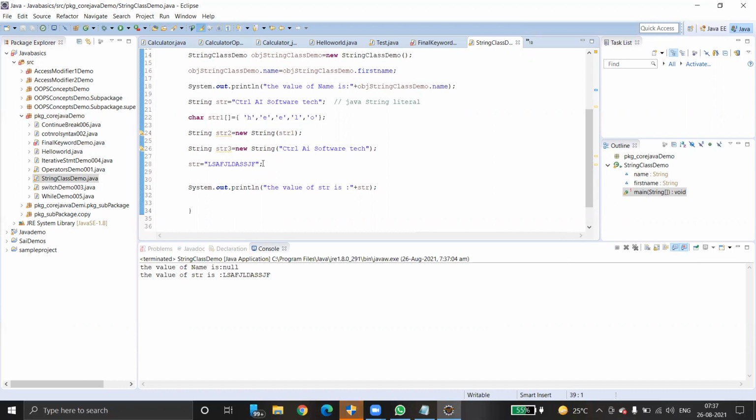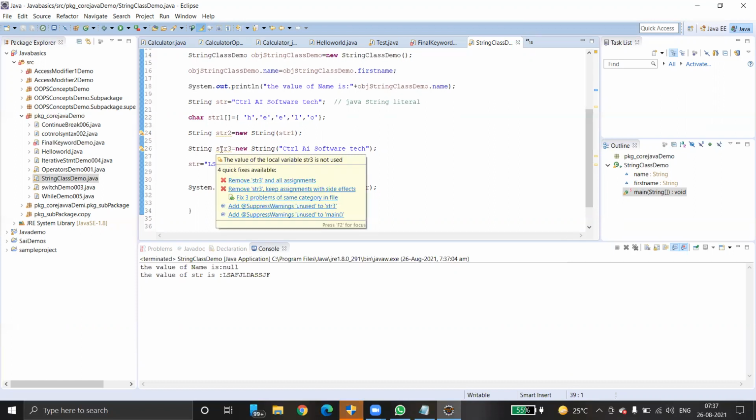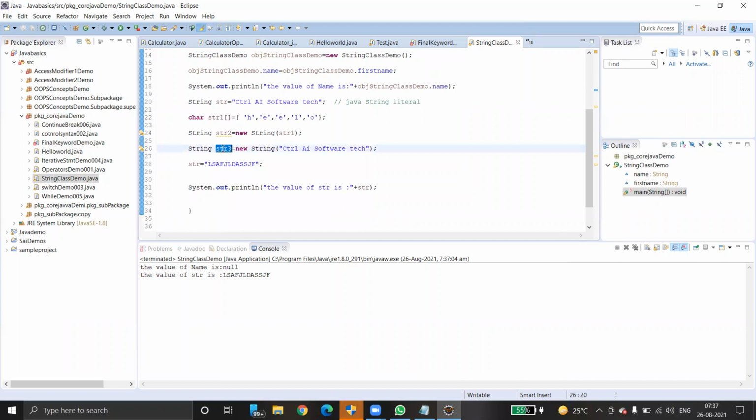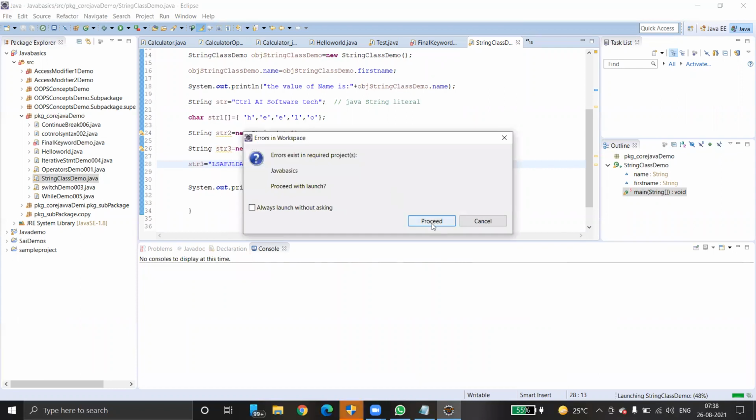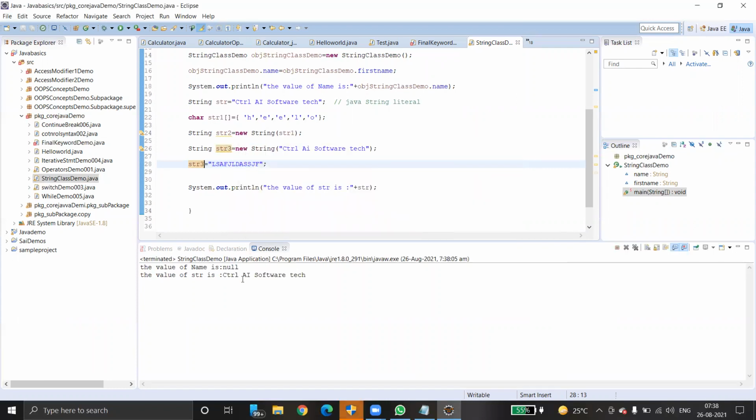So that means if you create an object, it's actually a literal, right? Can you take this one, str3? Yes, it is an object. Copy, paste, save, right click, run as Java application. This is still taking control as software technologies.